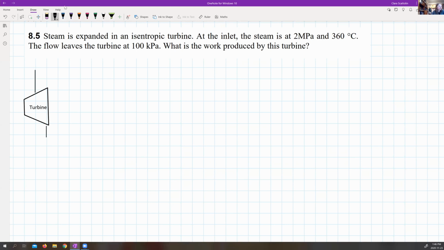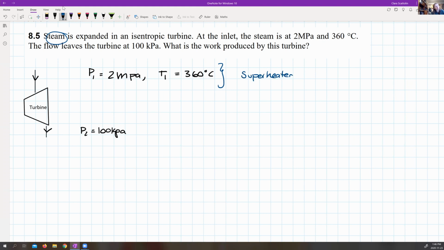So up here we have a P1 of 2 MPa, and we have a T1 of 360 degrees C. And this is how things are flowing through the turbine. And I have a P2 of 100 kPa. So if I look here for my properties of the turbine at the inlet, if you compare this to the water table, because we're talking steam, we're going to see that the values here are superheated. So if I consider the inlet,